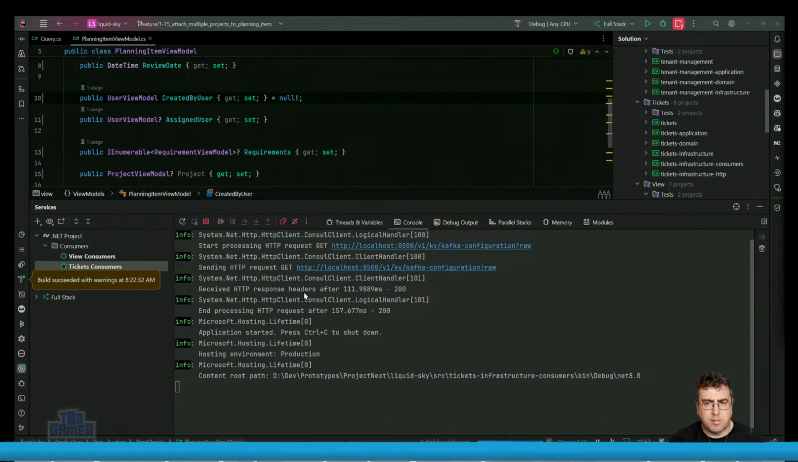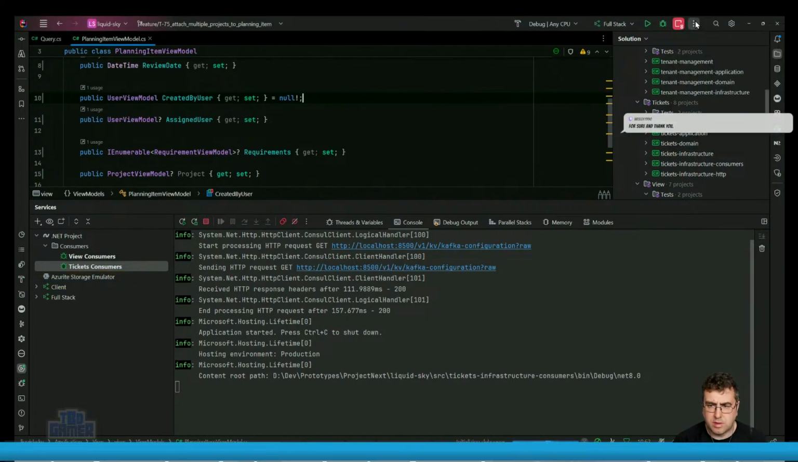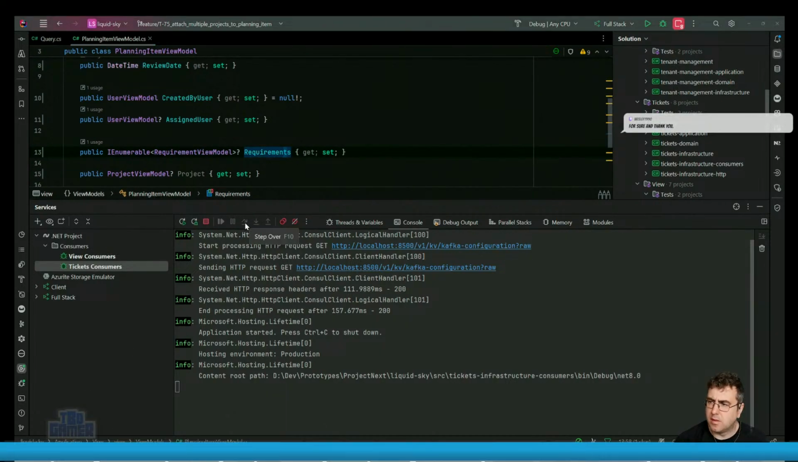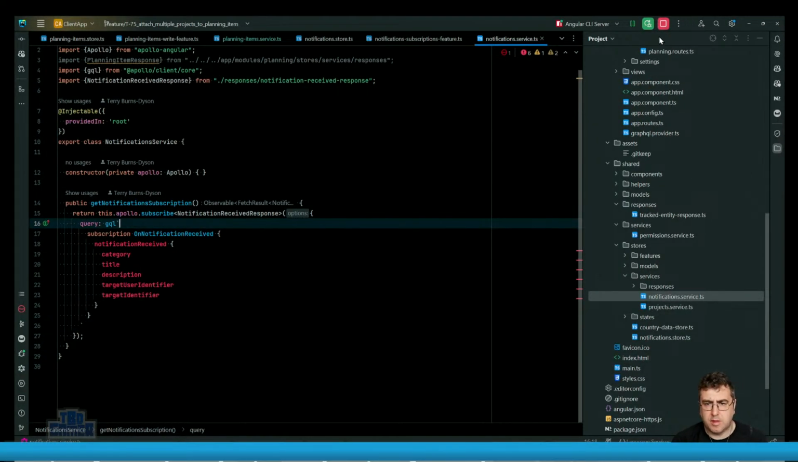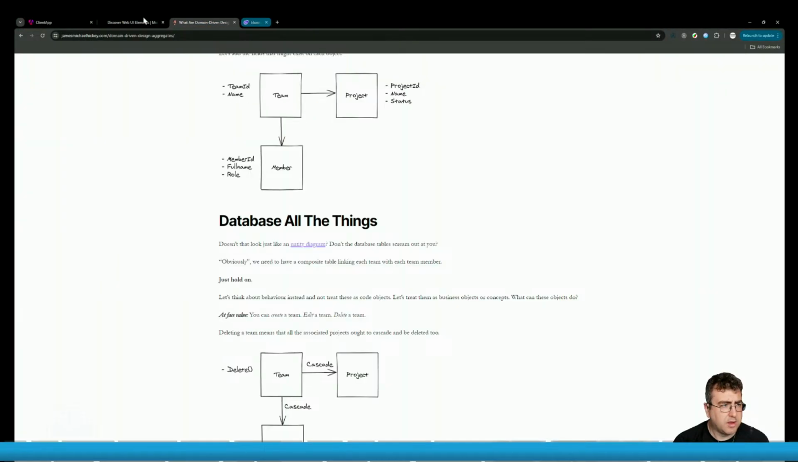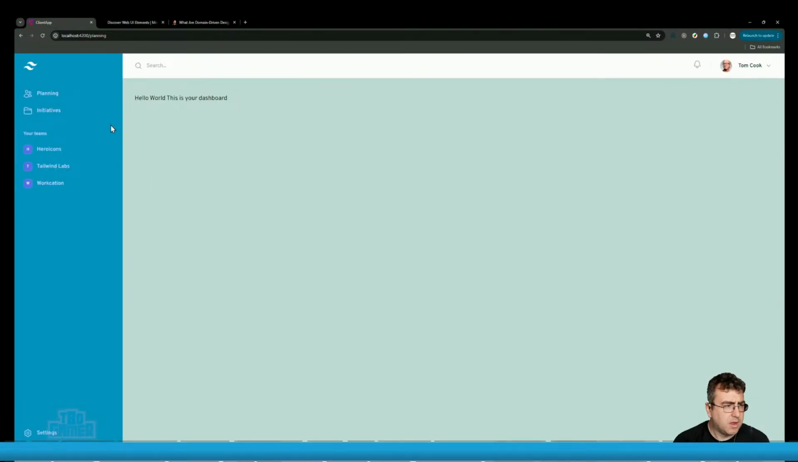Okay, so the main project that I work on is Project Liquid Sky. That'll be over there. Is that still running? It is still running. It is a project planning and management tool for story tracking and